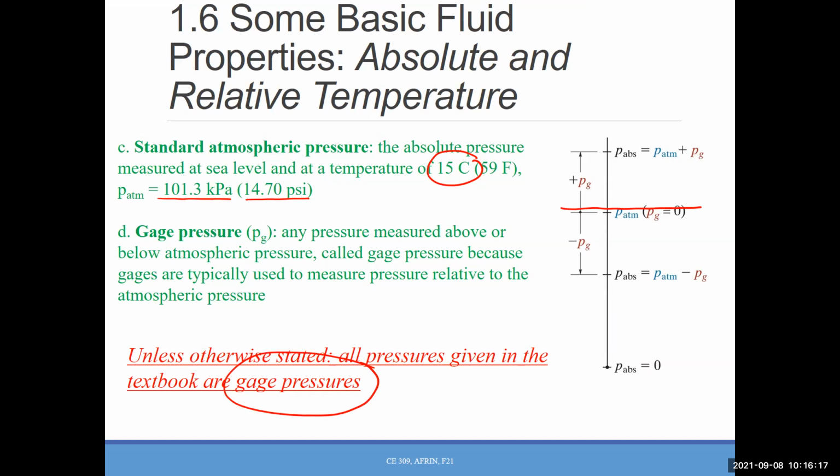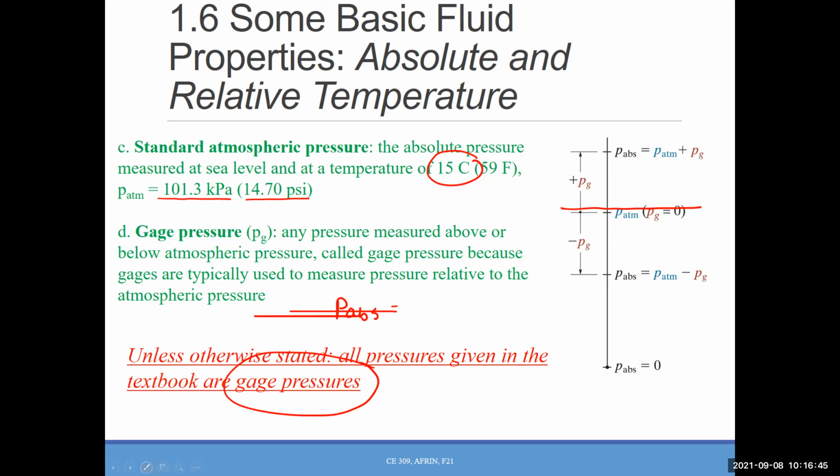Okay. Now, for the ideal gas flow and for some other purposes, we need to use the absolute pressure. And for most of the cases, we need to use the gauge pressure. What do you think? Is there any way we can connect gauge and absolute pressure? Is there any easy way we can do that? What do you suggest? If I write down P absolute here,